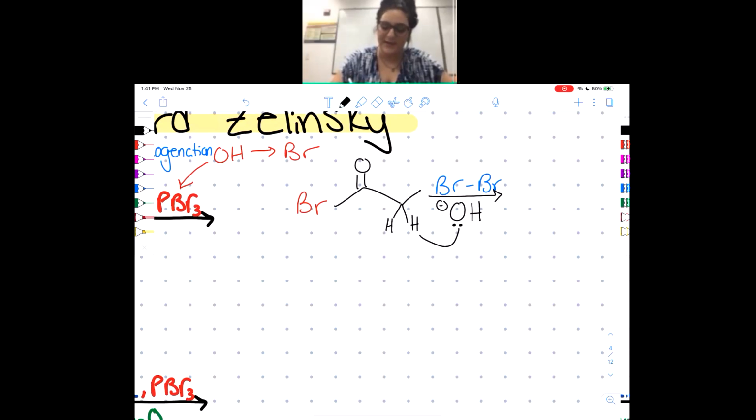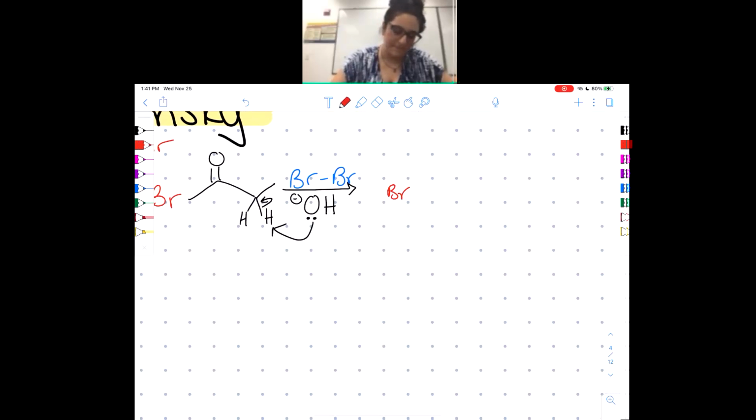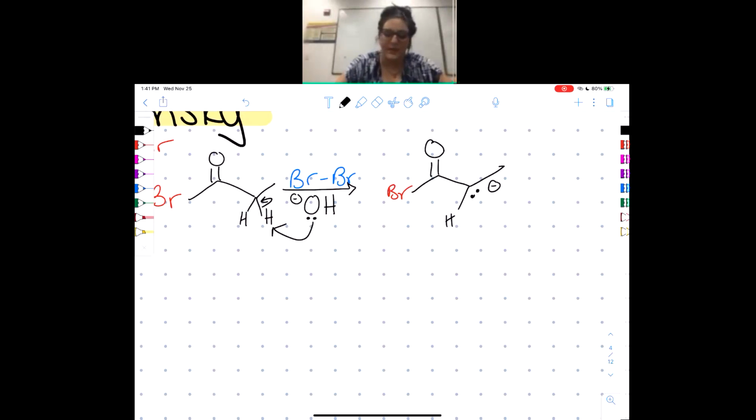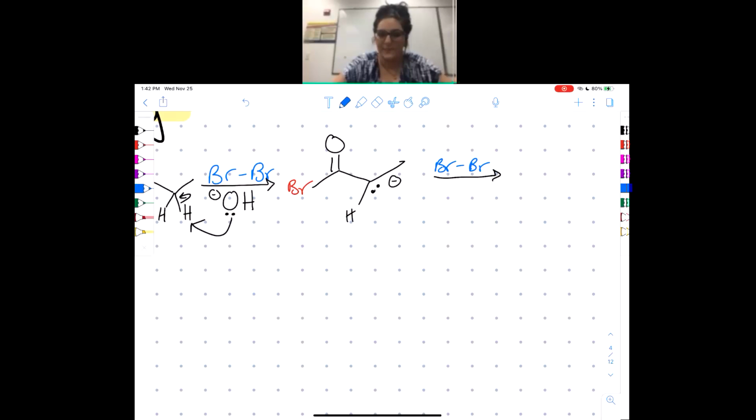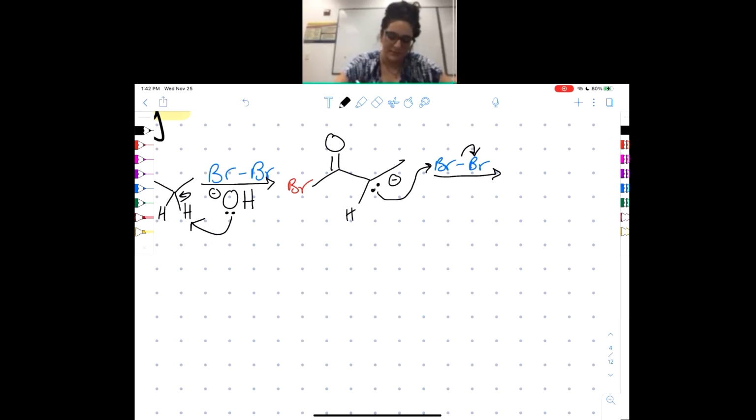So these electrons steal that hydrogen, give those electrons back. And so now we have a negative charge. And so that negative charge is going to act like what? A nucleophile, sweet. So it's going to attack what exactly? The bromine. Doesn't matter which bromine because they're exactly the same. And so now we have made,